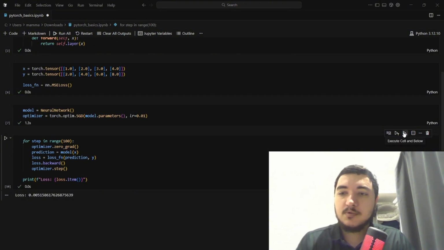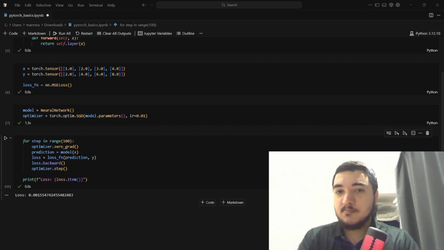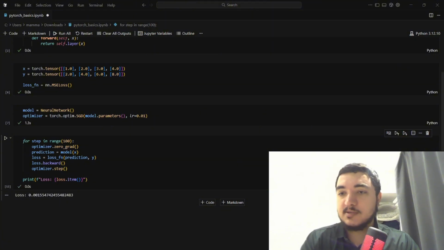Let's run it again. 0.0051. You guys can see it's getting lower each time, and this is a good sign. Lower, see, 0.0028, 0.001. And this just pretty much summarizes our previous ideas that each time we run it, so we run it 100 times, then print the loss, and you guys can see it's getting lower each time,